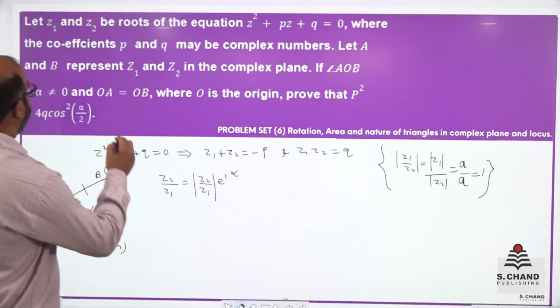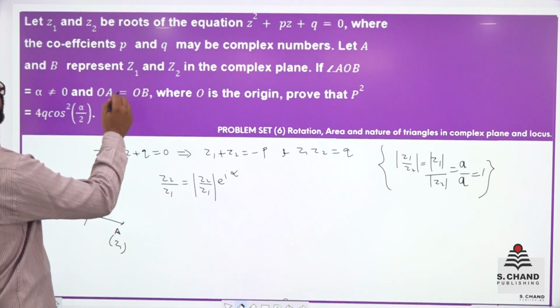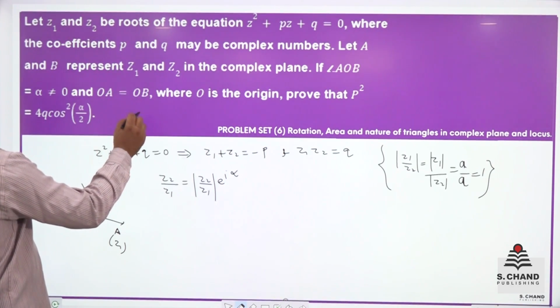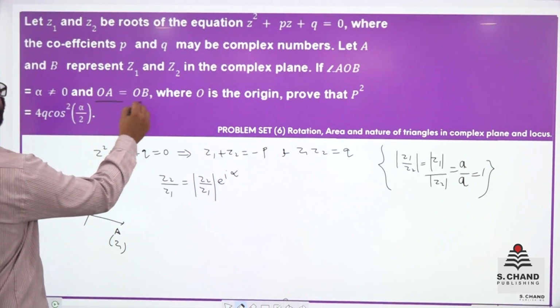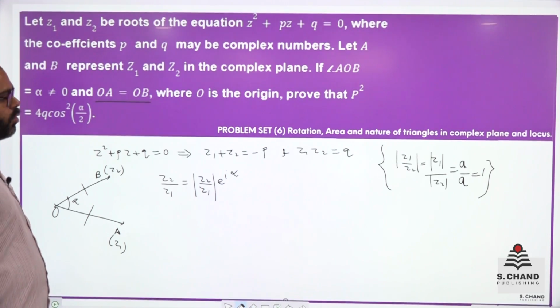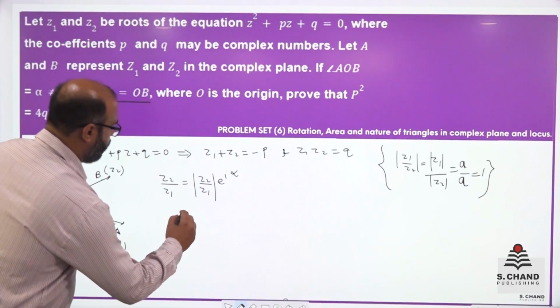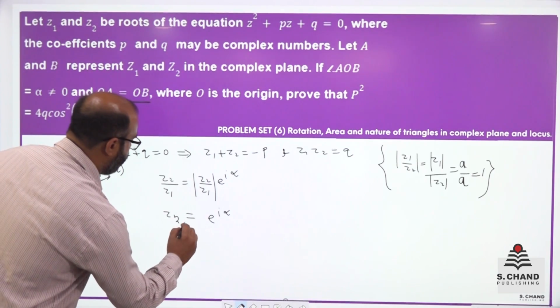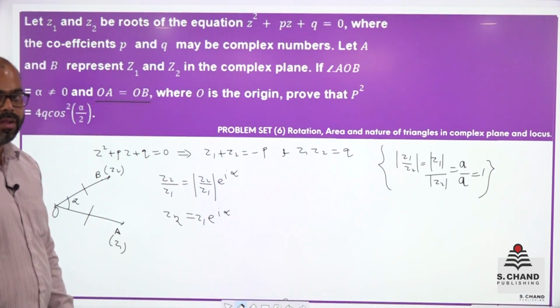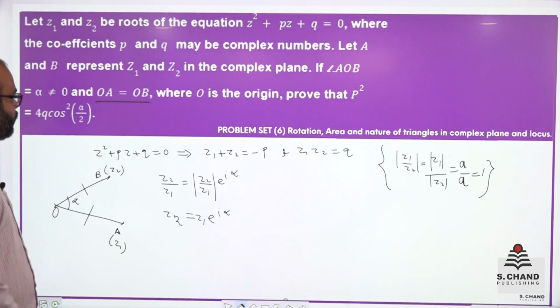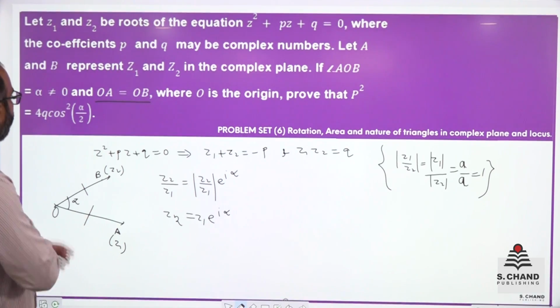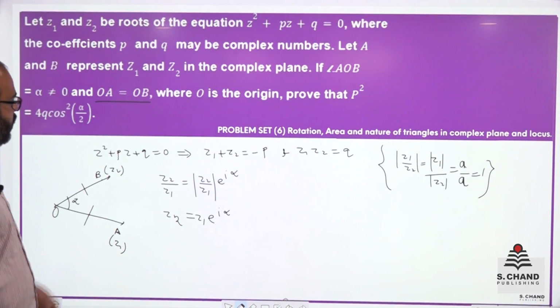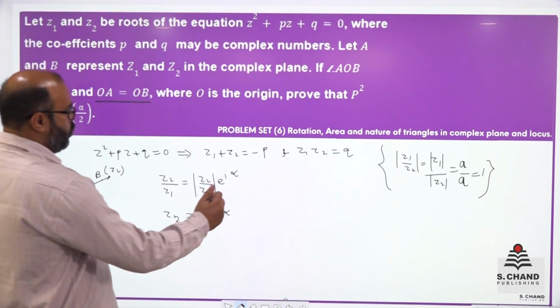It is already given that OA is equal to OB. So mod of z1 and mod of z2 is same, it is 1. So z2 is equal to z1 e to the power i alpha, right? Now you have to prove p square is equal to 4q cos square alpha by 2. So what we will do here,